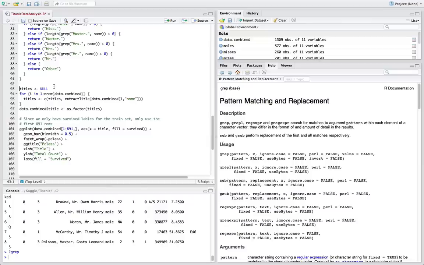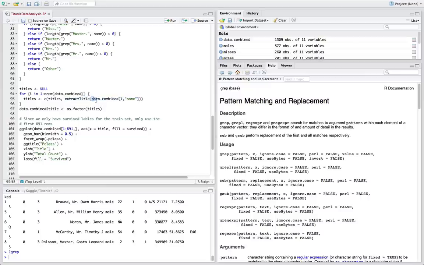Moving on, here's some code that actually takes advantage of the function. We're going to create a variable called titles, and we don't have anything to stick in it right now, so we'll make it null. Then we're going to loop over all of the values in data.combined. We grab the number of rows, which we know to be 1,309, and go from 1 to 1,309, and each time call this function.